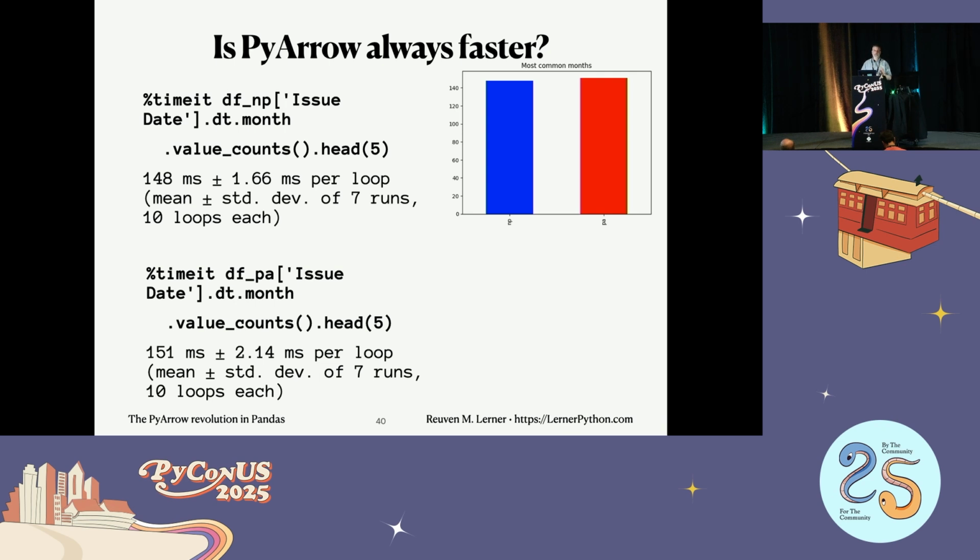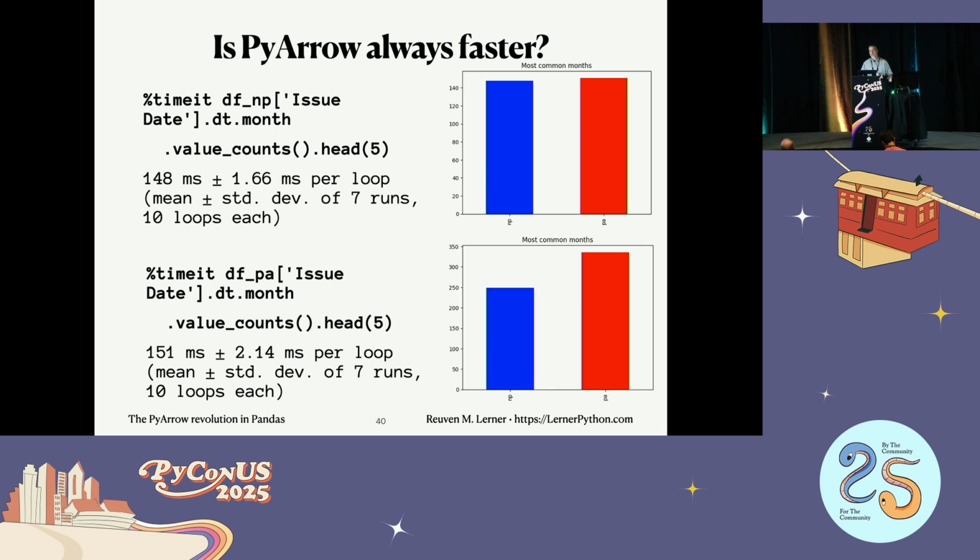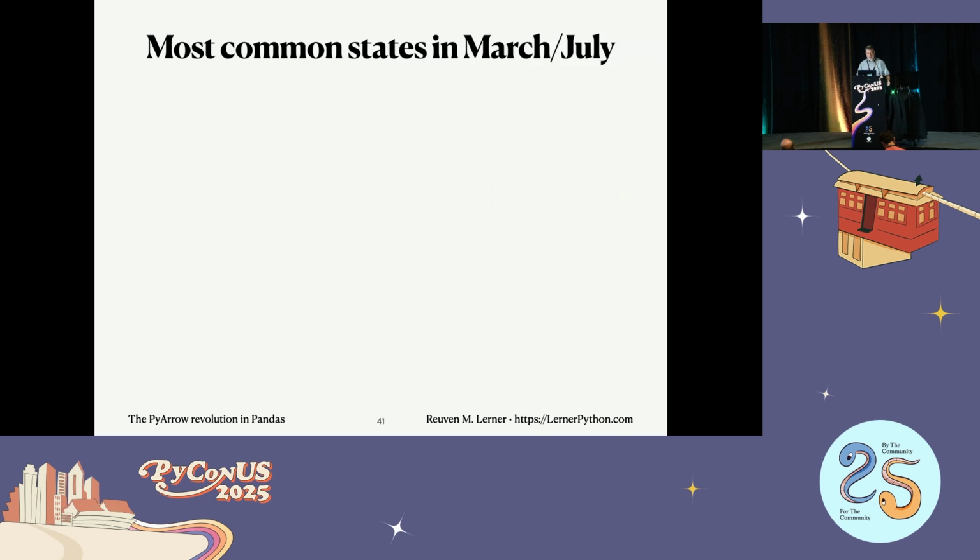But here's the interesting thing. I gave a version of this talk last summer at EuroPython, and this was the graph I got then. So we can see that PyArrow is improving a lot, right? Before, 9 or 10 months ago, PyArrow took something like 25% longer than NumPy, and now they're at parity. And that shows the sort of work that's going into this system, and why it's going to take a little while until it's all standardized and so forth.